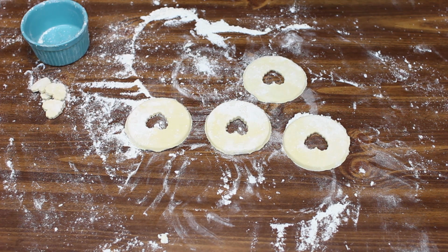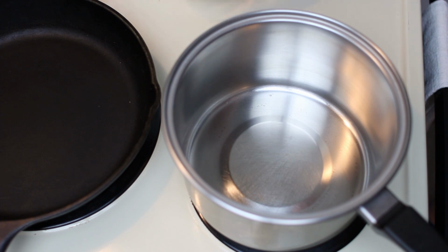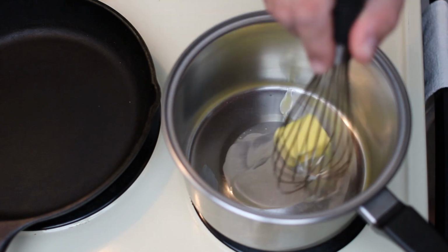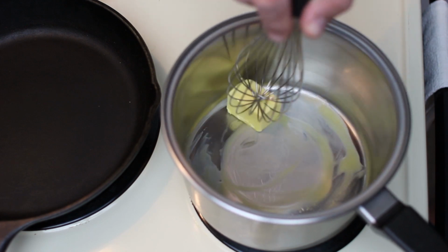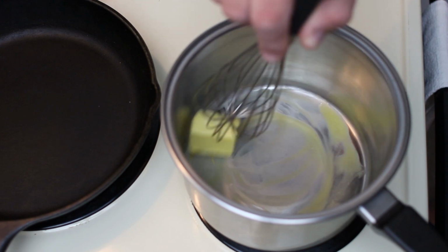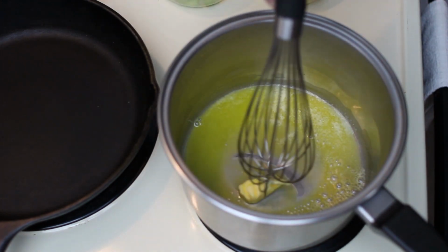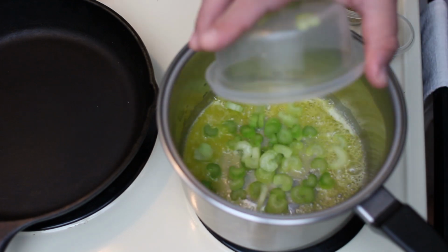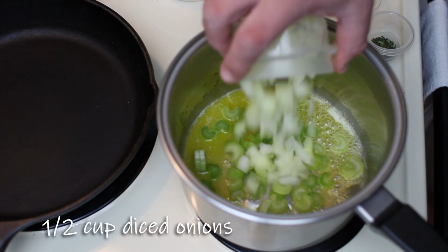Alright, let's go ahead and get our ramekins filled and get these ready for the oven. For our filling, we're going to start off with adding 3 tablespoons of butter and get that melted down. Once we get that melted down, we're going to start adding our various choices of toppings for our mini turkey pot pies. Okay, our butter is melted down, so to that we're going to add half a cup of celery, half a cup of onion,